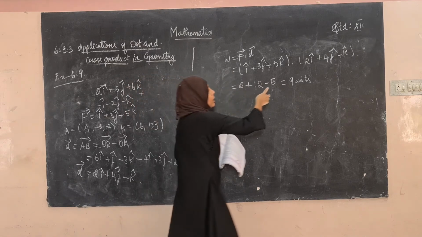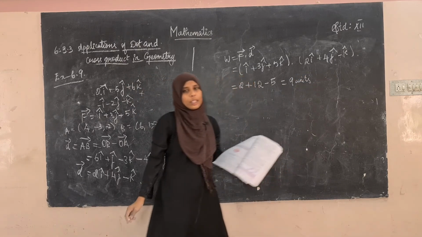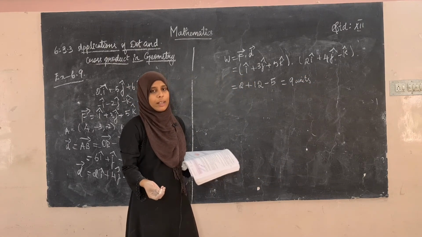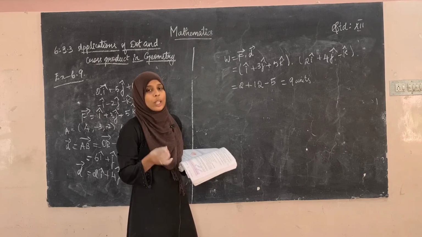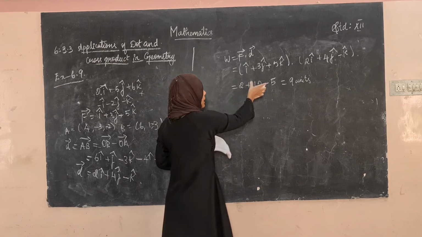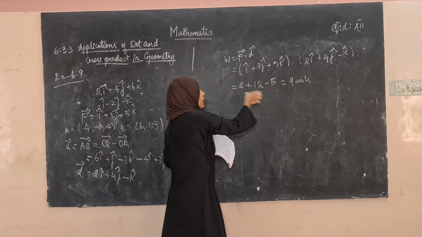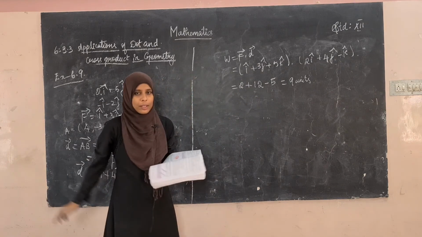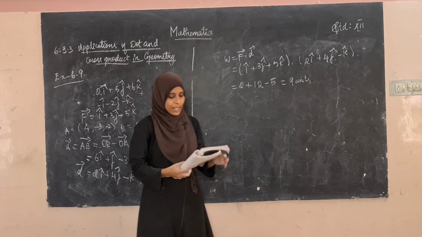In some value you will be having lambda. You won't get any real value, so you will be having lambda. So you have to find the value of lambda. Just multiply like this. This is equal to 16. So you will be getting the value of lambda. So 6.10 is going to be the assignment for you.